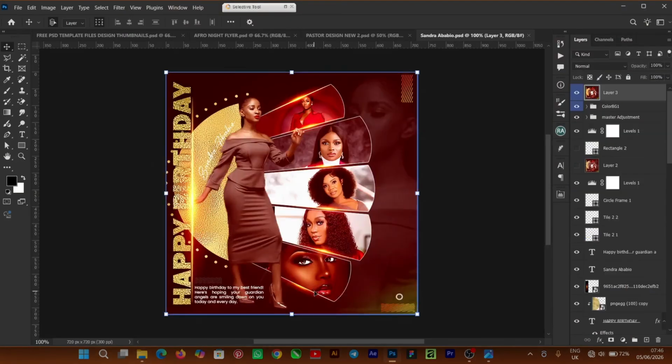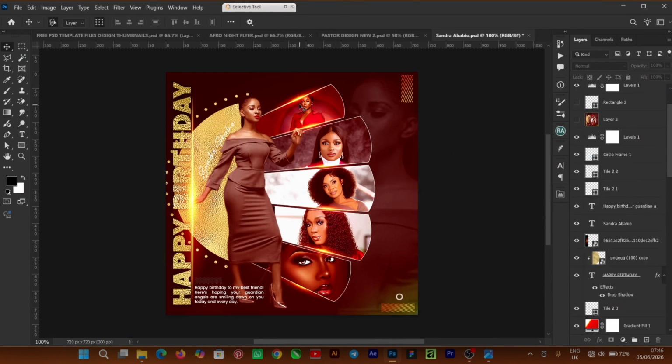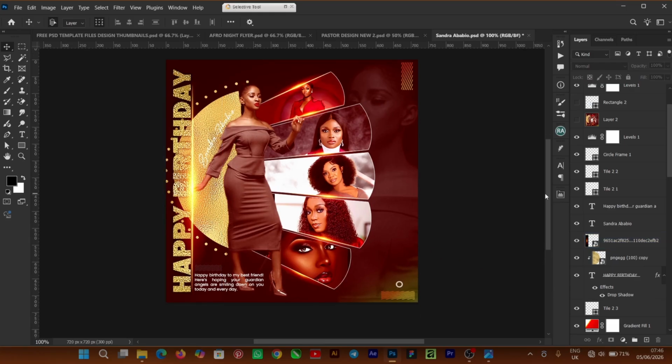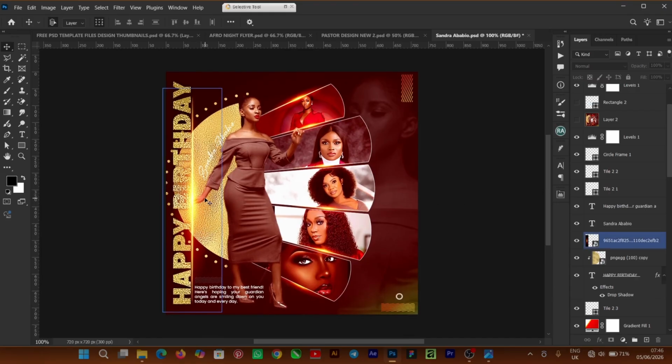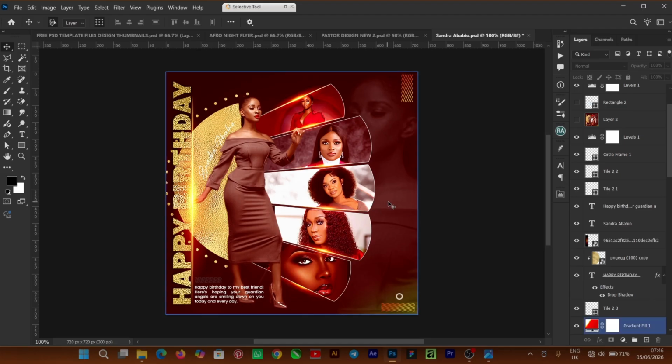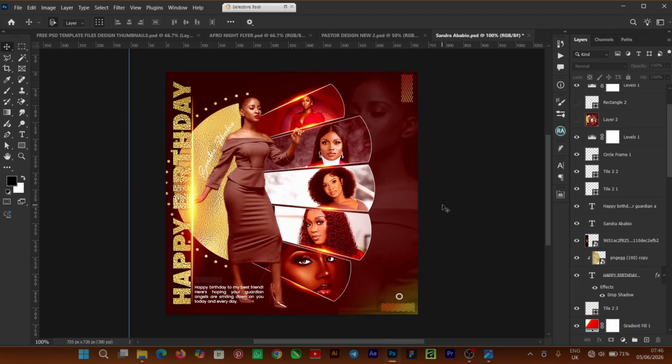All these are very editable. You can use it for your next project. It's very easy. The most important thing is that you have access to all resources inside this PSD file, including the fonts, the picture, the light effect, the gold effect, everything you have access to,